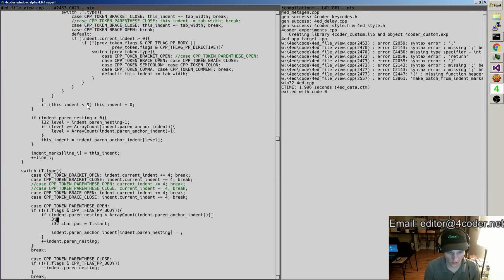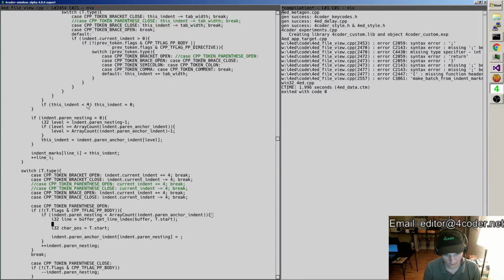So we need to know which line we're on, which is get line index buffer t.start. And then we can do start equals buffer line starts line, and then if we take t.start minus start, that